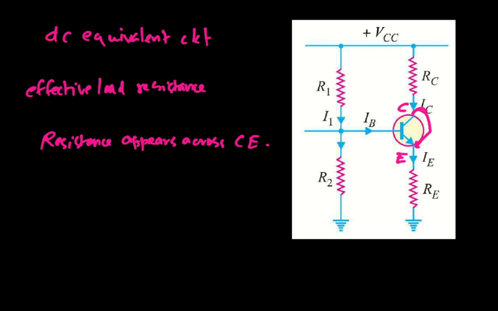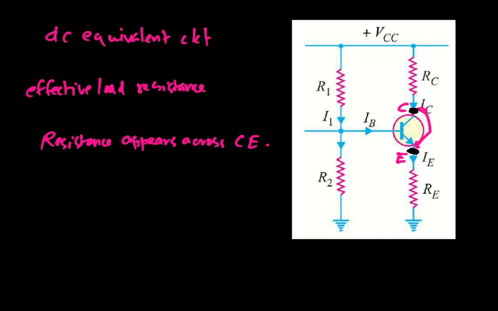So if we replace this circuit by its Thevenin equivalent to find the effective resistance across the terminals, collector and emitter, we know that to Thevenize a circuit, to find the effective resistance, we have to open the terminal across which we have to calculate the resistance. So we will open this collector junction here and this emitter junction here. So we will open up here, and we have to find the resistances across the terminals C and E, and